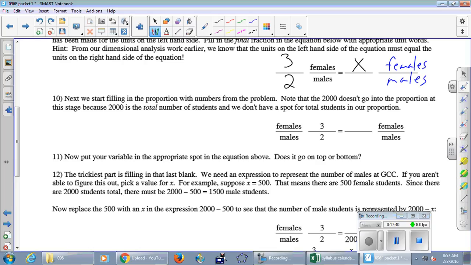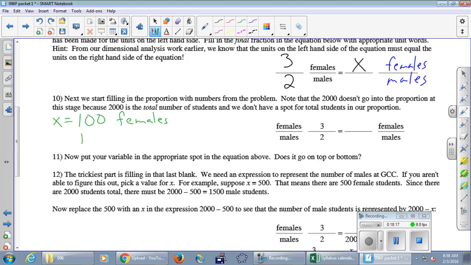And you might already just be able to see exactly what's going to go there. But if you can't, it's pretty straightforward if we use the technique from the other day where we said just make up a number for x and follow the bouncing ball. So suppose that we said, for example, that x is 100 female students. Just making up a number. What number would I put in the bottom there for the number of males? There are 2,000 students altogether. 1,900 is what's left over, right? If I make up 100 females, then there's 1,900 males.